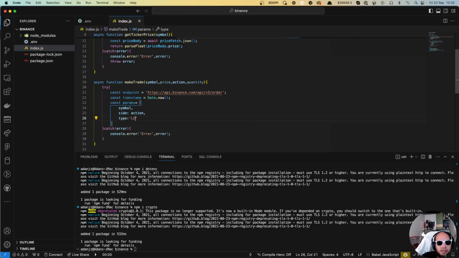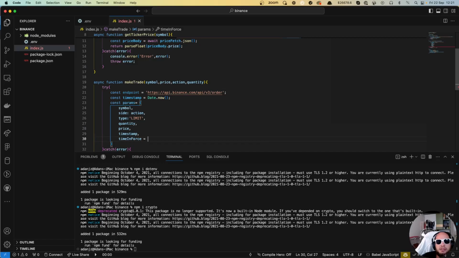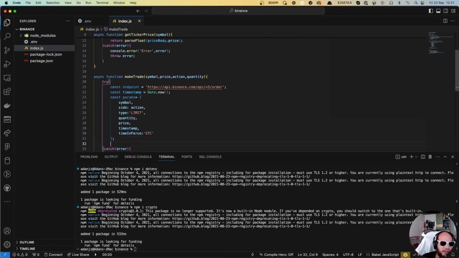Okay, which is the limit. It can be limit or market. It's all constants from Binance. We're gonna add the quantity, we're gonna add the price, we're gonna add the timestamp, and we're gonna add the time in force, another constant from them, which is here GTC. Okay, you can read all about this in the documentation from Binance, which I'll put the link in the description